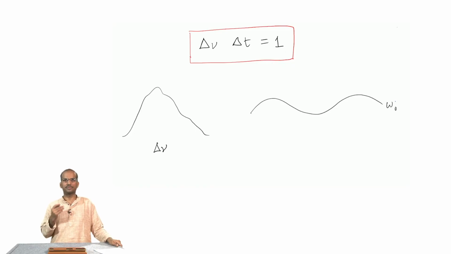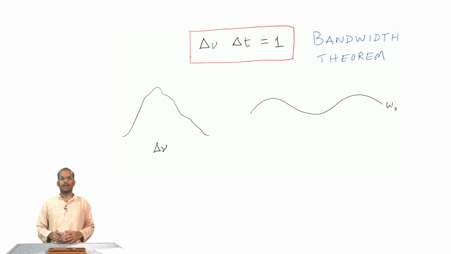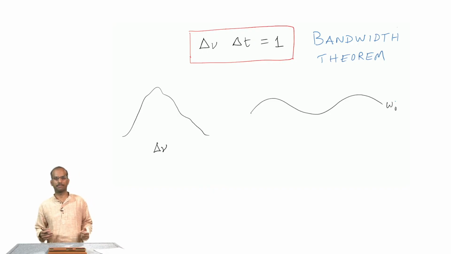If my waveform is just made up of one frequency, there is no group involved here. In that case, it is going to live long enough, in principle for infinite times. I said it is all important because its validity is not just about waves and oscillations. It is valid throughout physics. You can regard it as a fundamental law. In many areas of physics, it appears in different forms. For instance, in quantum physics, Heisenberg's uncertainty principle is one manifestation of this bandwidth theorem.